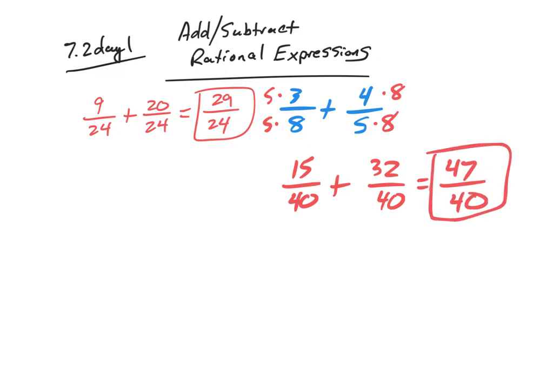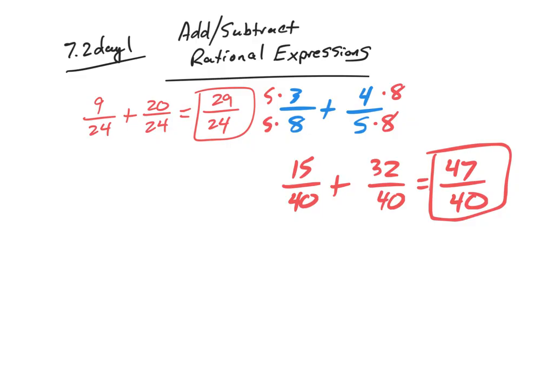which would become 47 over 40. Okay. And sometimes we get freaked out if we see a number on top that's bigger than the number on bottom. We just call that an improper fraction. Okay, it's no big deal. You could change it to like a mixed fraction or something like that if you wanted to, but just know from here on out, if we have an improper fraction, it's okay. It's just easier just to leave it like that. If I could reduce it, I would reduce it, but if it doesn't reduce, then I'm just going to leave it like that and be done, rather than trying to add another step to the mix. Okay,